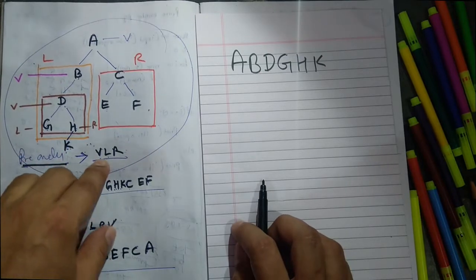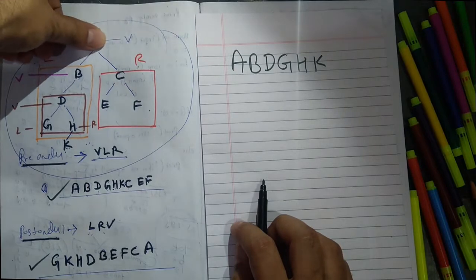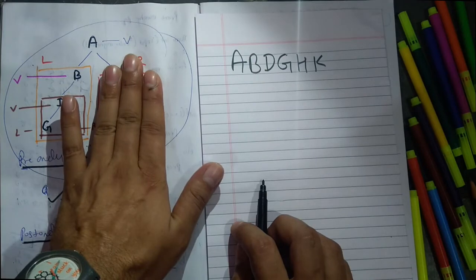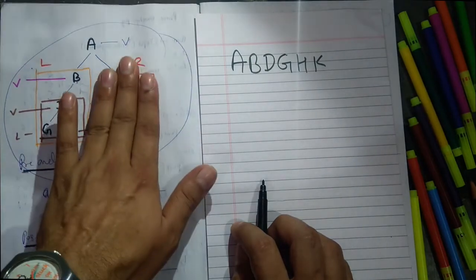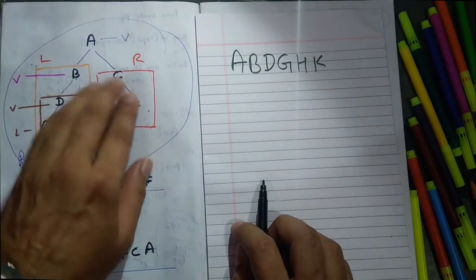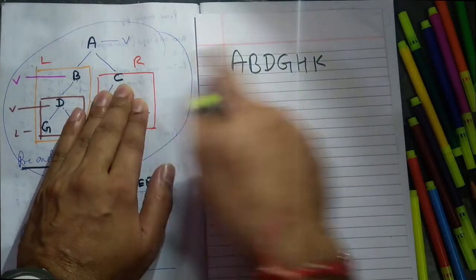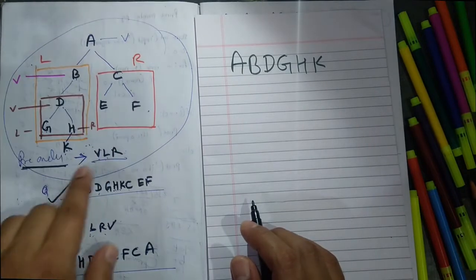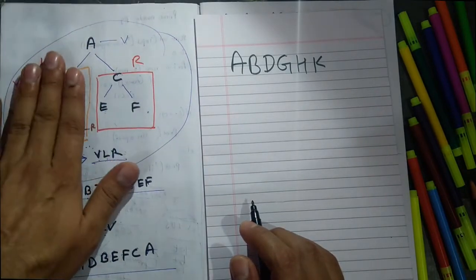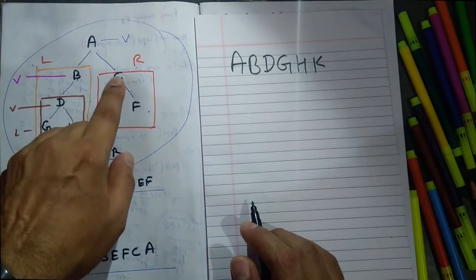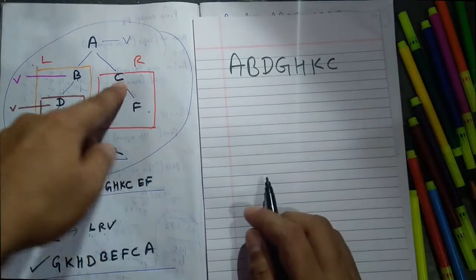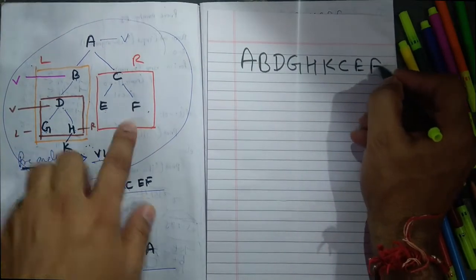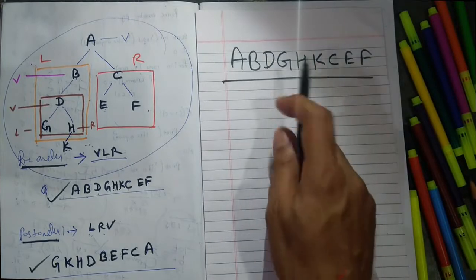So root, at first we started from here, root, left subtree done. Now right subtree. In the right subtree again there are many elements, not a single element. If it is a single element you will write C, but there is another element, so you will write at first this one: root left right, root done, left done. Now right, in right this is root. Now left there is nothing, left is E and right is F, done. This is your answer. Now both must match.